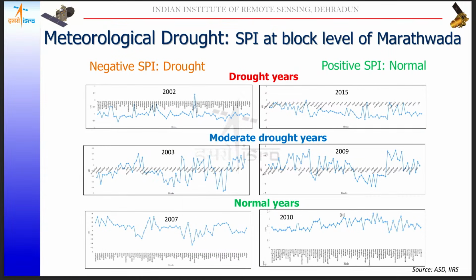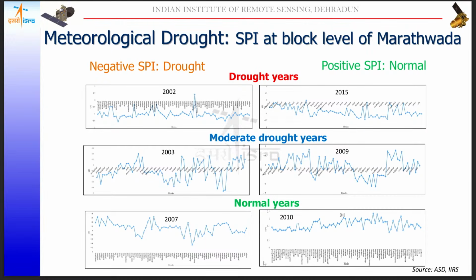Coming to meteorological drought conditions, as we earlier defined, we calculated meteorological drought using rainfall data sets, point observation data sets, but it can also be done using remote sensing derived rainfall data sets. Currently a number of satellite and reanalysis products are readily available, like the CHIRPS rainfall data sets and ERA5 data sets. Along with these, our Indian IMD data set is also available at gridded scale, which we can also use for SPI calculation.